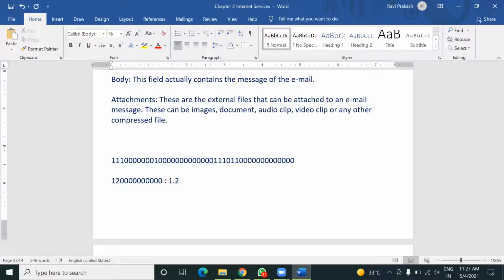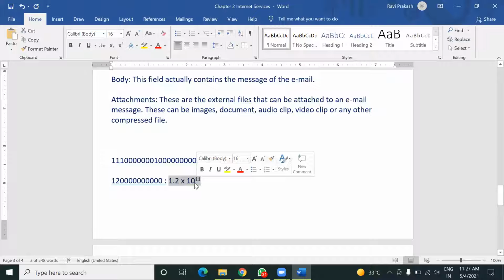1.2 into 10 to the power 11. Now how many characters do we have to store if we write the same number like this? So 1, 2, 3, 4, 5, 6, 7, 8. Only 8 digits we have to write if we represent the same number like this.